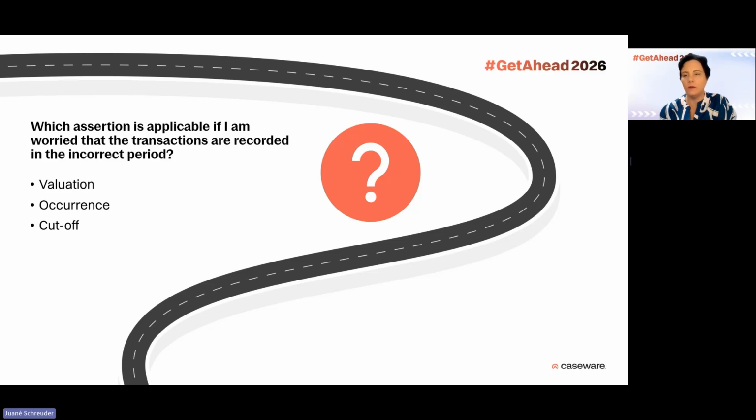Ooh, I see a lot of them coming through. This one is clearly, you guys know this one. It is, in fact, yes, cutoff. So cutoff is defined as saying the transaction must be recorded in the correct period. Cutoff is actually relevant throughout the year, right? But we're not really that worried if a transaction is recorded on the 5th of February versus the 6th of February. I almost want to say, who cares? Because it's not going to make a difference.